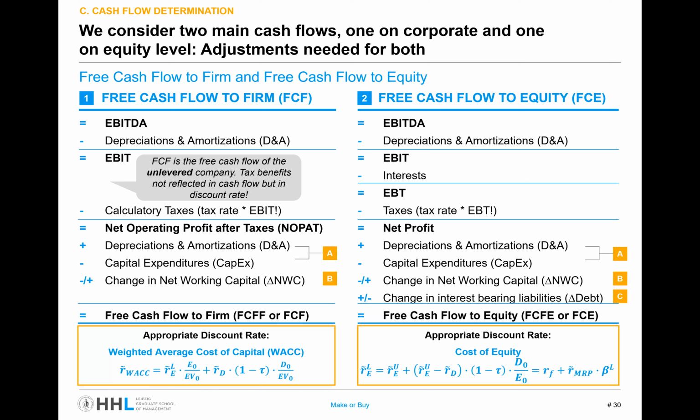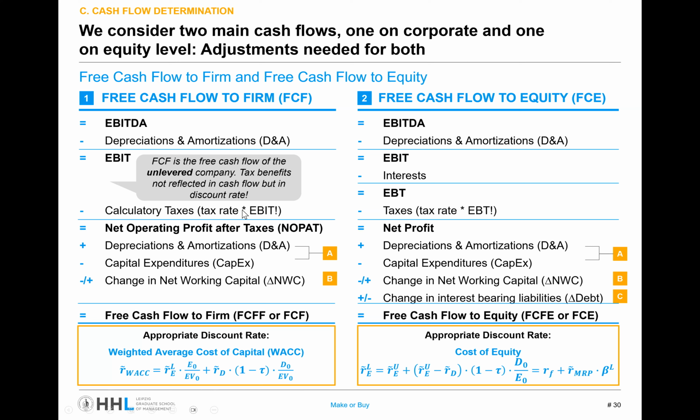The second potential cash flow concept is on the left. That's the free cash flow to firm. Actually, a lot of things are the same. There is just one weird difference. We regard the company, when it comes to the cash flow, as if it would be 100% equity financed. That sounds a little bit weird. So let's say there is a company that has also debt holders involved, but we just ignore them, so to speak. So we treat the company as if it wouldn't need to pay interest, and therefore